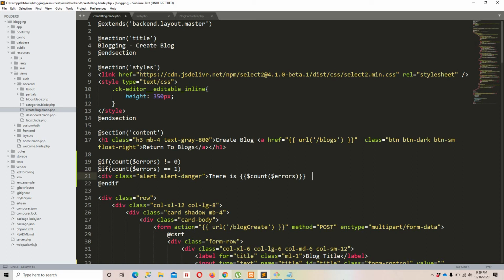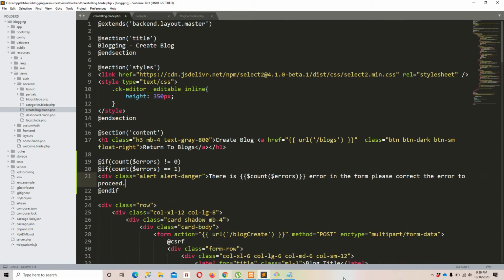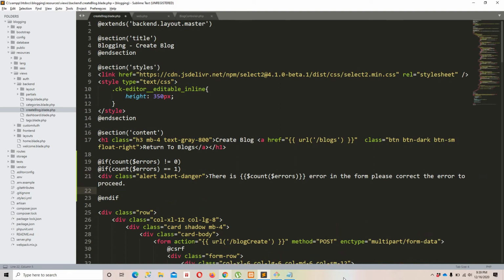But let me show you this way. There is one error in the form. Please correct the error to proceed. That's it. Now let's say if error counts are greater than 1, what we can do is we can